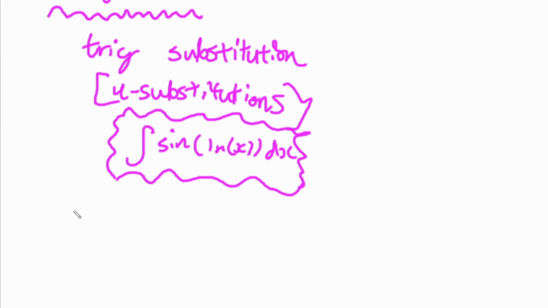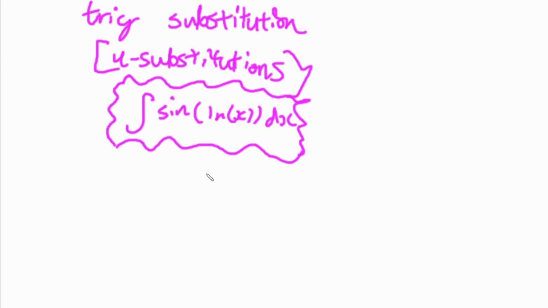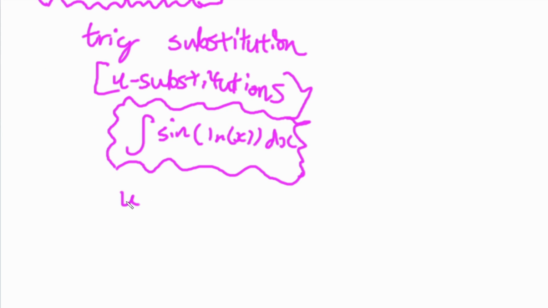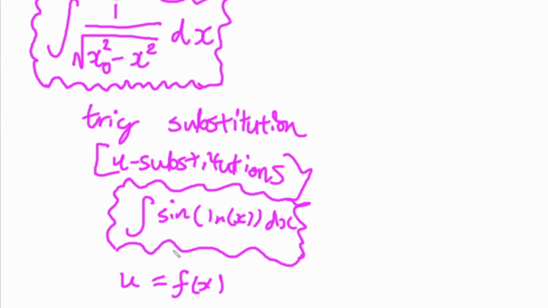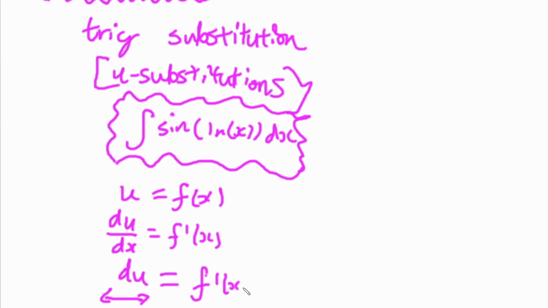U substitution is when you let some expression, some part of the integral here, something in terms of x, be equal to another variable. And you use that information as well as the fact that, for instance, if u is our new variable, if u is some f of x, and f of x can be anything we want, we use our creativity here to work out a solution, then du by dx would be f prime of x, right? And so du, an infinitesimal change in u that is being summed up via integration, is equal to f prime of x times the infinitesimal change dx. So this can be turned into du